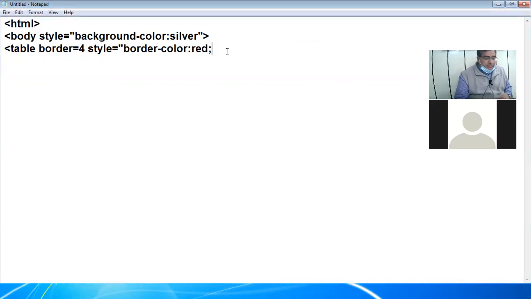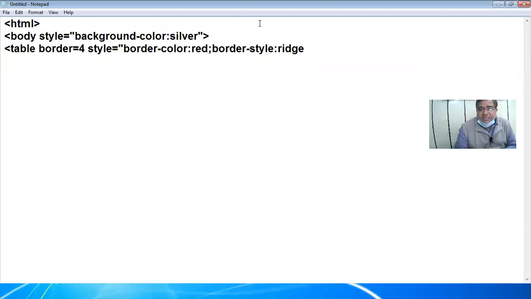So next my property is border style. I am taking style ridge. You can take any style: double, dotted, dashed, inset, outset. I have taken ridge. Am I clear, online class? Students, am I clear, beta? Hurry up, be fast in raising your thumb.